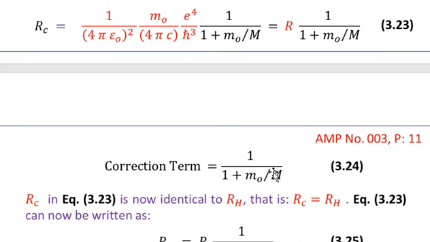So this is the term that we need to multiply with the value of capital R in order to obtain the corrected term represented by RC, written on the left hand side of equation 3.23. So RC in equation 3.23 is now identical to RH. That is, RC is equal to the RH value. So equation 3.23 can now be written as,